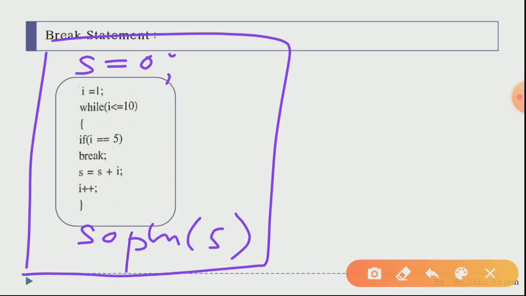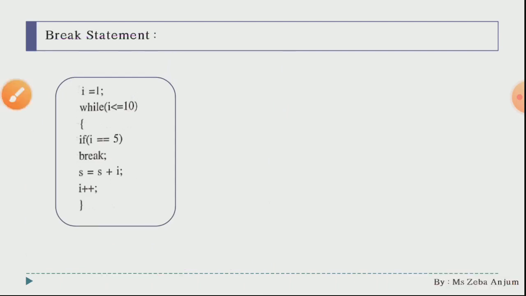For now, you have to write both these codes, for the break statement as well as for the continue statement. You have to find out the output, and tell me in the comment section below what you have got. So that is basically your homework. Now proceeding further,